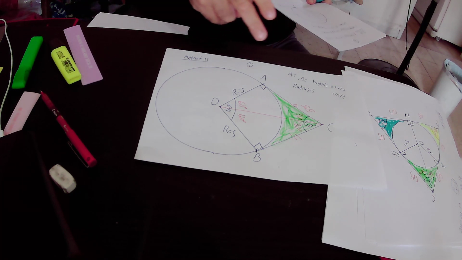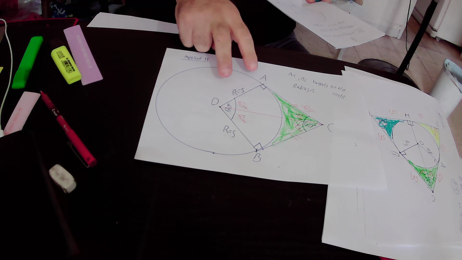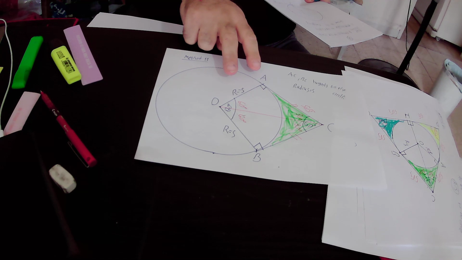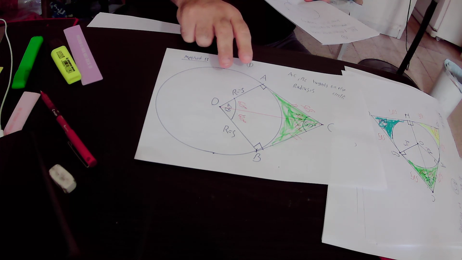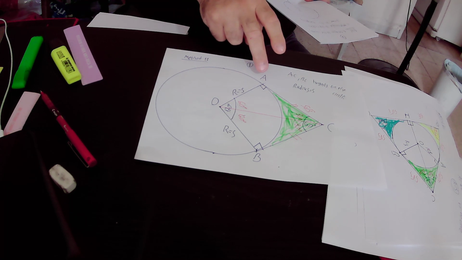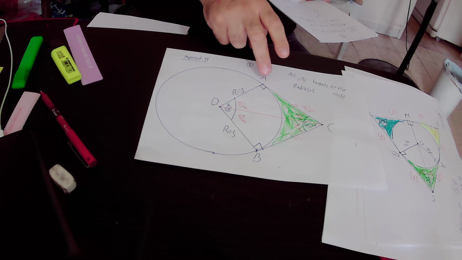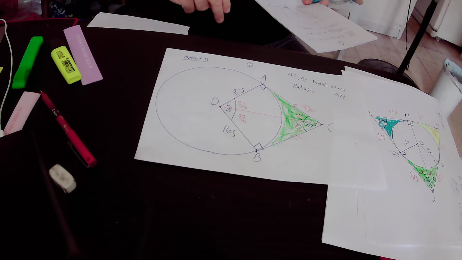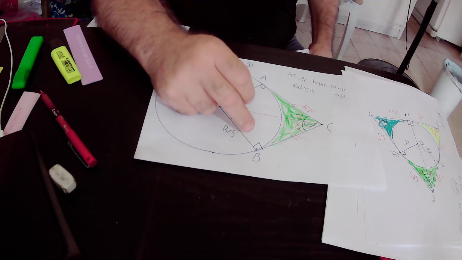we know that AC is tangent to the circle at point A. Therefore, the radius creates 90 degrees with the tangent, according to the rule that a tangent to the circle is perpendicular to the radius drawn to its tangency. So this radius is drawn to the tangency point, that is to say to point A. Therefore, this radius is perpendicular to its tangent. That is to say, this angle equals 90 degrees, and exactly the same thing